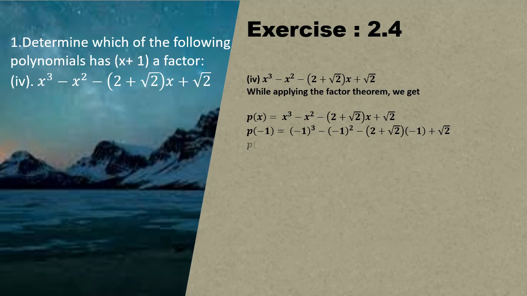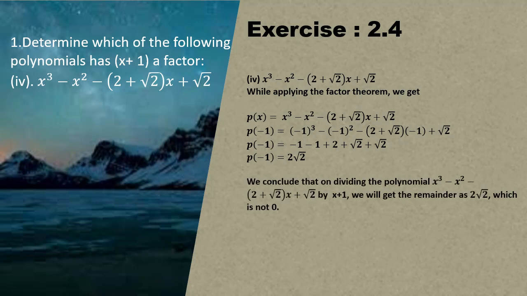Therefore, minus 2 plus 2 cancel out, plus root 2, that is 2 root 2. Here at x is equal to minus 1, p of minus 1 is 2 root 2, which is not